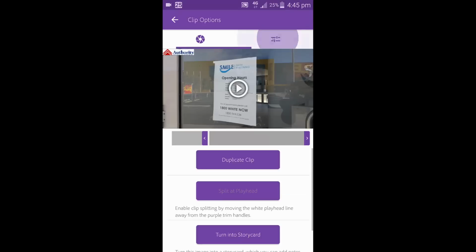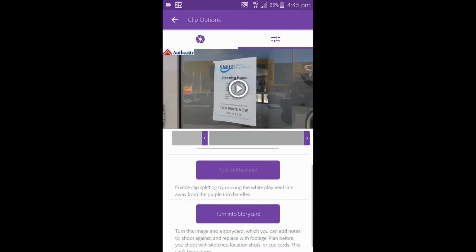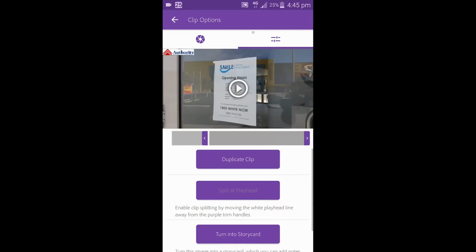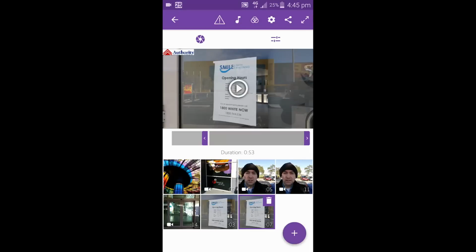If we go up, turn image into a story card, you can add notes to shoot against and replace the footage. Yeah, that might be worthwhile, might not be. You can have a play with that one. But if we go back here and go up to the top,